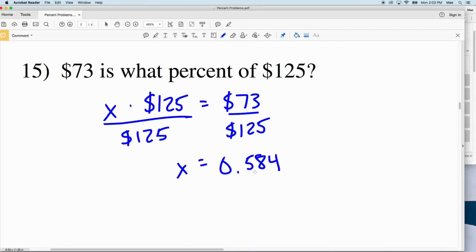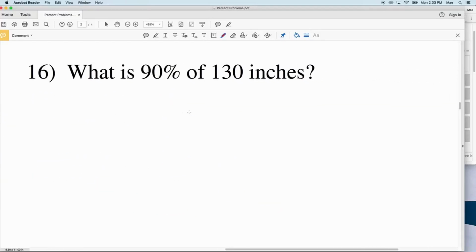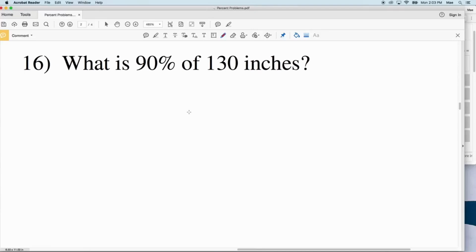But we have to convert to a percent, so we're going to multiply that by 100 to get 58.4%. So $73 is 58.4% of 125. And lastly, we'll finish up with number 16, and in the next video, we'll finish out this